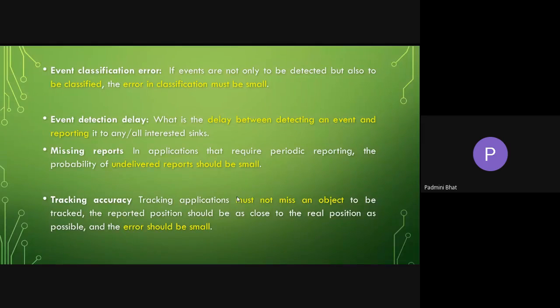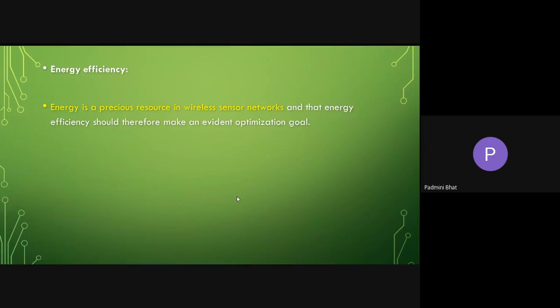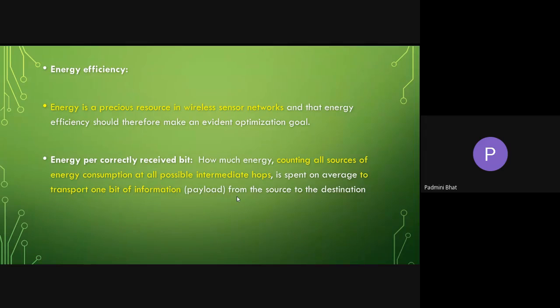Okay, tracking accuracy. Tracking applications must not miss an object to be tracked. The reported position should be as close to the real position as possible, and the error should be small. Okay, next is